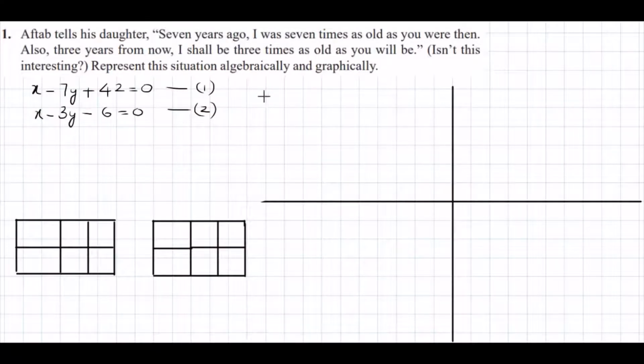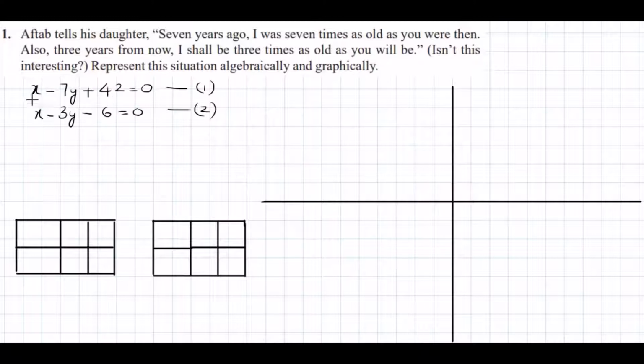Now you have to represent them graphically, that is you have to plot these two linear equations in the graph. You know, each linear equation will give a straight line. So there will be two lines. When you represent the pair of linear equations in two variables in the graph, they may either intersect at a point, or they will be parallel, or they will be coincident. So let's see what type of graph we are going to get for this pair of linear equations in two variables.